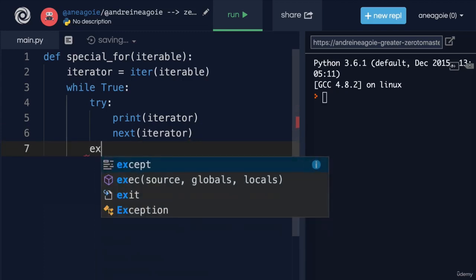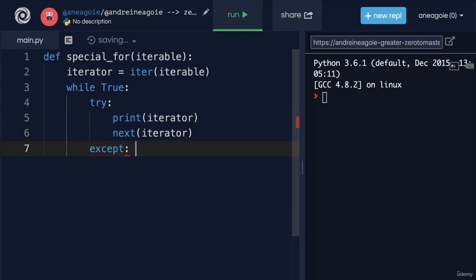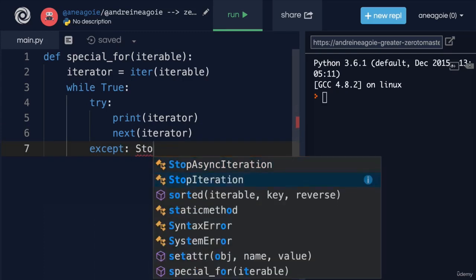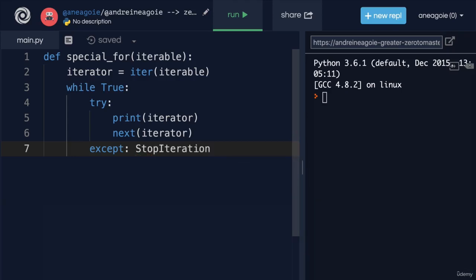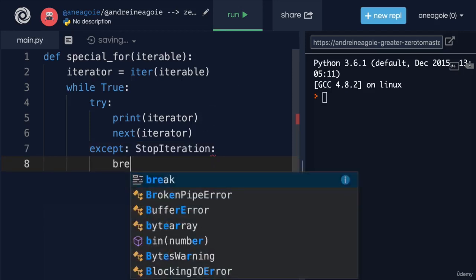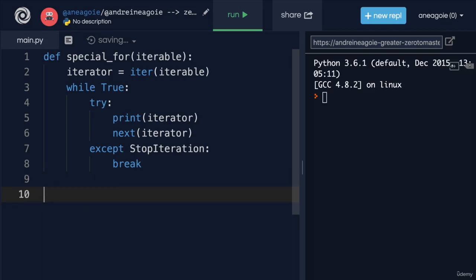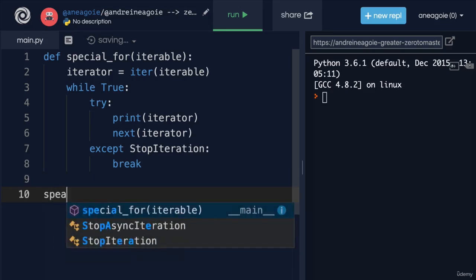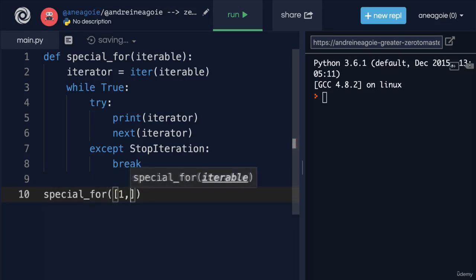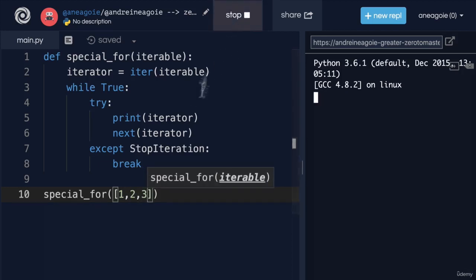And then finally, I want us to stop when we have the stop iteration exception. Remember the one that we saw where there's no more items in the iterable. And here we simply can just break. Ooh, and make sure that I have the colon set correctly. So now, if I do special for loop and give it a list of 1, 2, 3, and I click run,